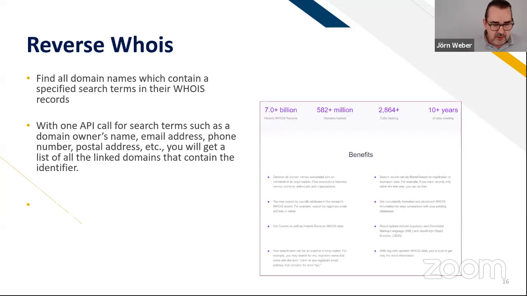Okay, and then really after the Whois history, depending on what information I have, it's about the reverse Whois. I really like that, and it's for a number of information that you can run your query on. So of course, you can do it for the domain owner, so Jon Snow, for example, or his email address or a phone number. For the phone number, you have maybe to try out how the data is stored. This is always a huge problem.